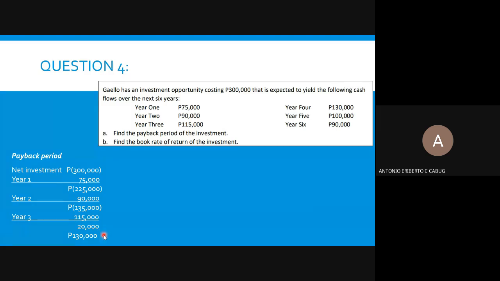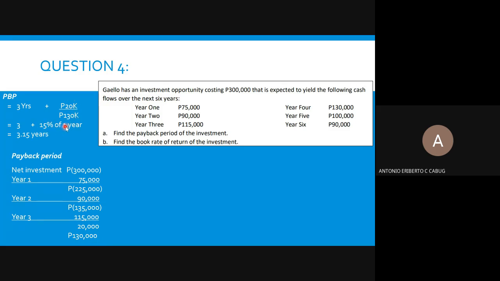So what assumption are we going to make with regards to generating 20,000? We assume that cash flows are generated throughout the year. Okay? So the 130,000, you're going to generate equal levels of cash inflow every year during year 4. 130,000 divided by 365 days, that's your daily cash inflow. 20,000 divided by 130,000 to know how many years are needed. Again, you will assume that in year 4, the 130,000 will be generated evenly throughout the year. The cash flow is equal every day in year 4. Just wait for it to complete the 20 out of the 130K. 20 over 130K,